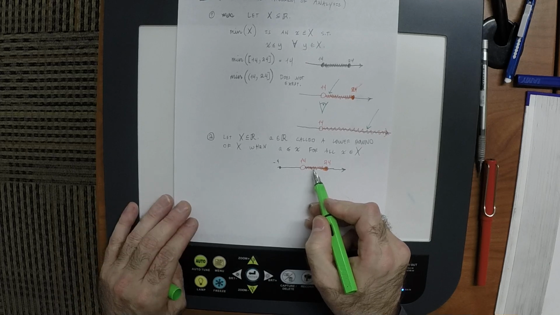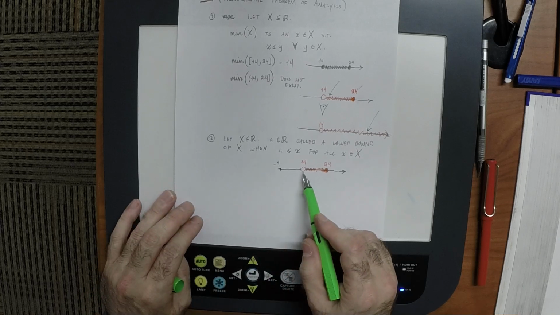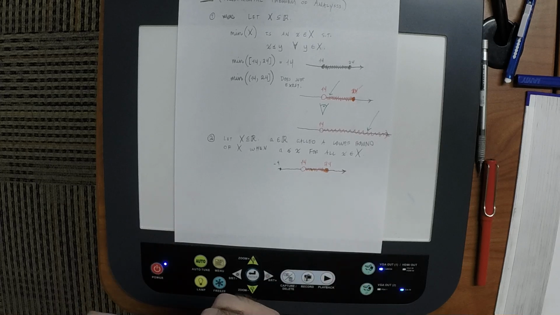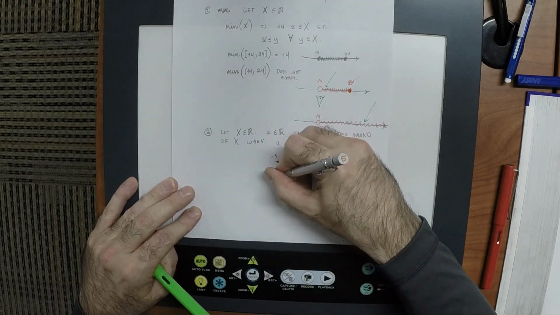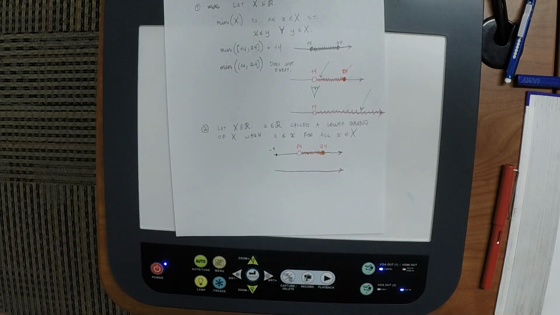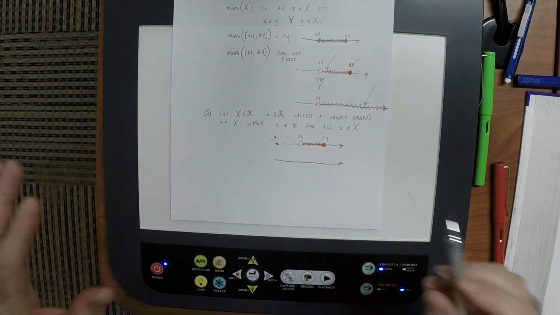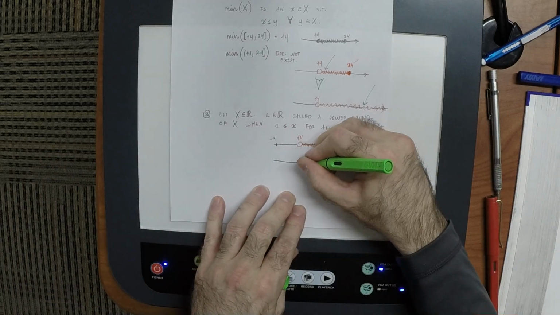Is 17 a lower bound? It's not, because even though it's less than or equal to some of them, we need it to be less than or equal to all of them. Now, how about 14? Is 14 a lower bound of that set? It is, because we don't need to worry about it being red. So that's neat. On the number line immediately below that one, I'd like for you to shade in the set of all lower bounds. We've got like 30 seconds left. The set of all lower bounds is this.